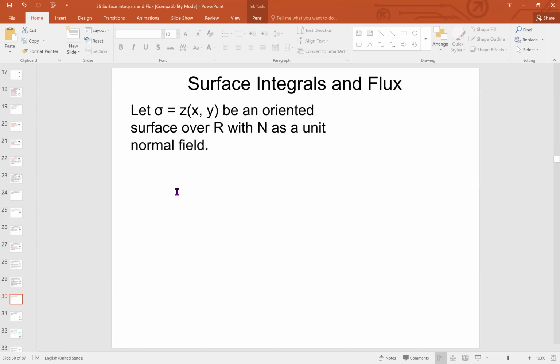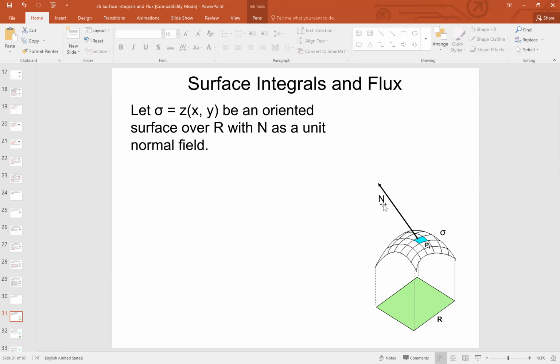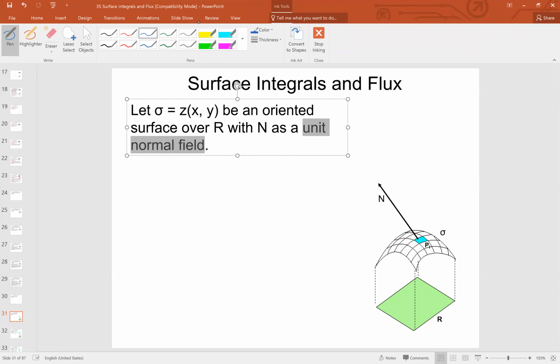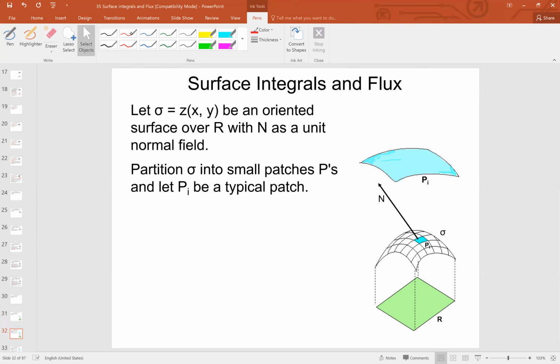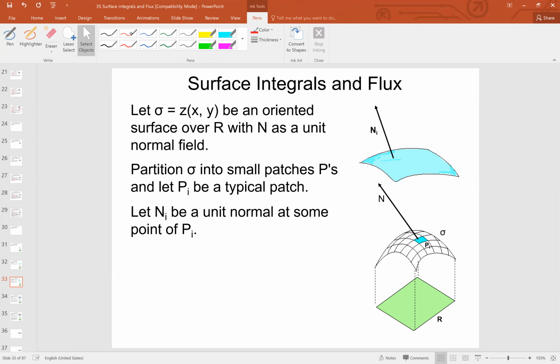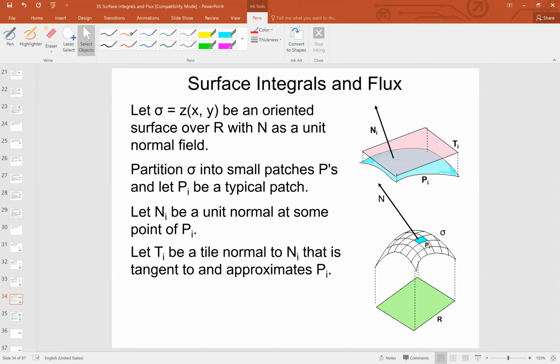Now let's suppose the surface is described by a function in x and y. And so here's a picture. Let's assume n is the orientation, the unit normal field that we chose. And then there's a flow in three-dimensional space, and the flow is defined by capital F. On a small patch, we can talk about the